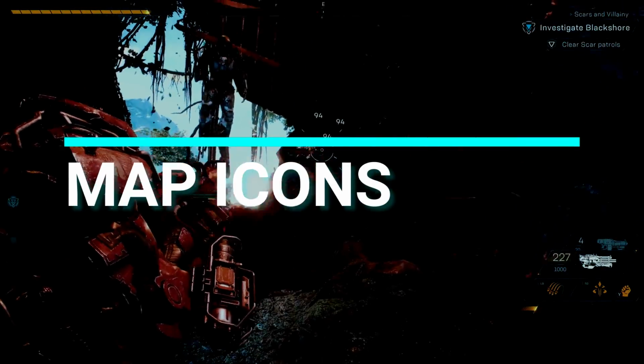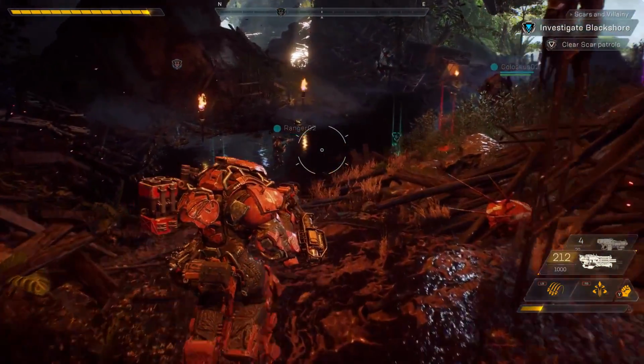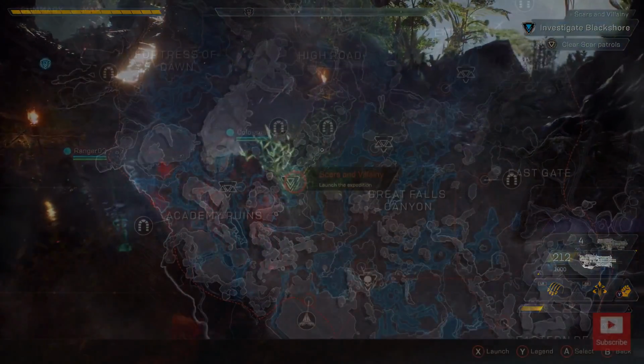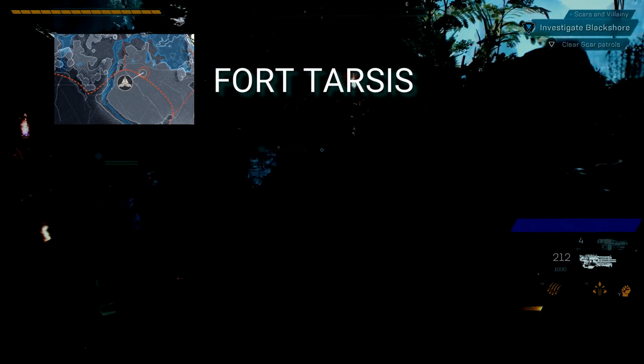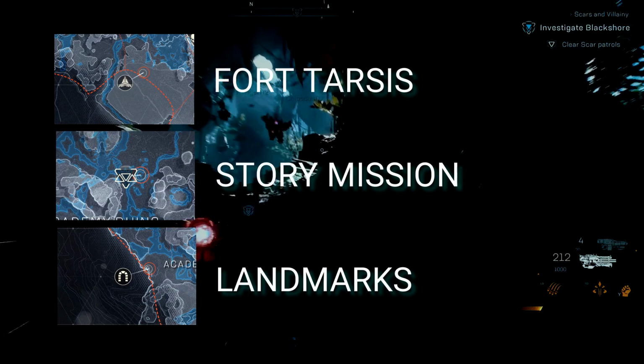Last up, we have the map icons, which showcase important areas or missions on the map. Mark Derrick covered a bit on this during the stream, but Reddit members were able to make some clarifications. On the map, you can see 5 separate icons. We have, of course, Fort Tarsus, the story mission icon, the arch-looking icon which signifies landmarks, and